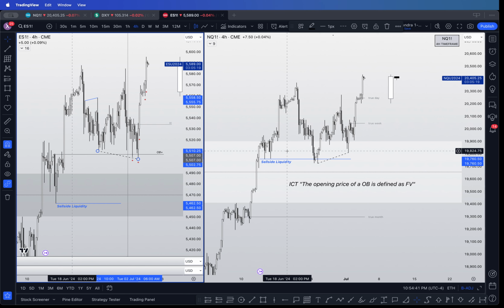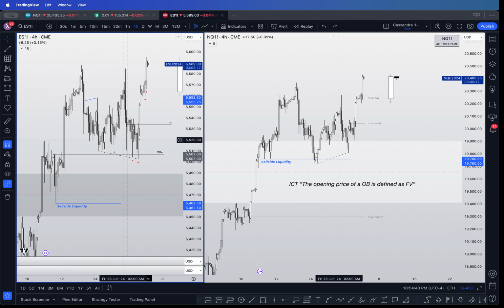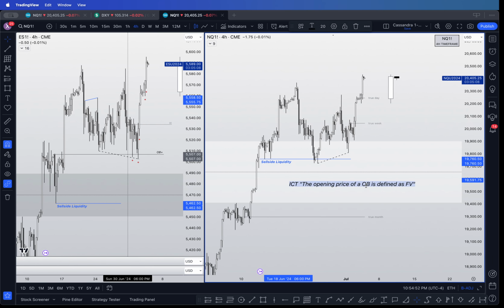So that leads me beautifully into the next lecture topic, which is going to be how we utilize high probability SMTs. Now, based on that conversation, what do you think I'm going to say about where to look for SMTs? Nice. So again, you'll be taught SMTs in a pattern way, but the proper way to use it is defined,